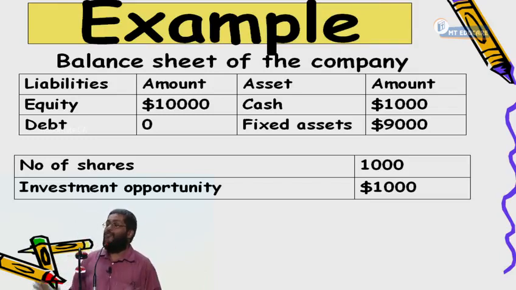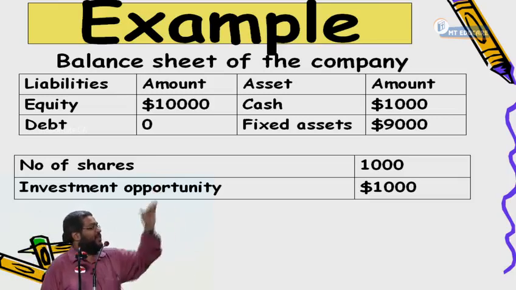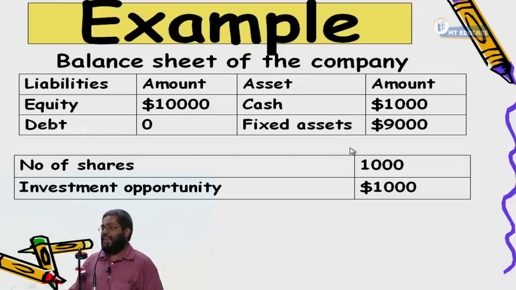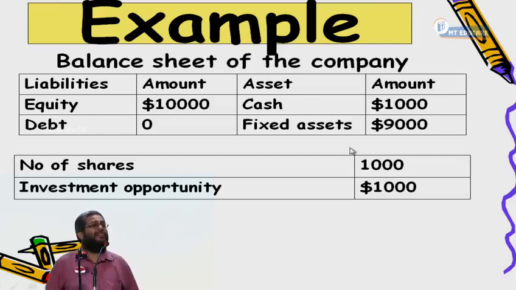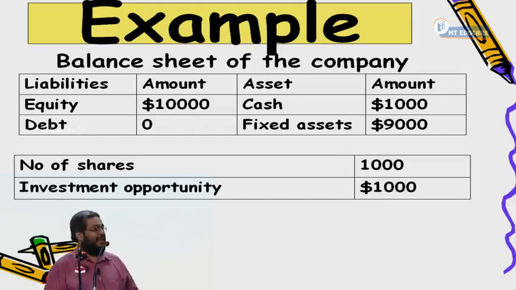Now, I'll tell you what this balance sheet means and how to read it. I call this balance sheet the market value balance sheet or the real balance sheet of the company. Are you following? I'll say how it is. Fixed assets. What is the value of an asset? Present value of the future benefit the asset gives. Yes or no? Very simple here.